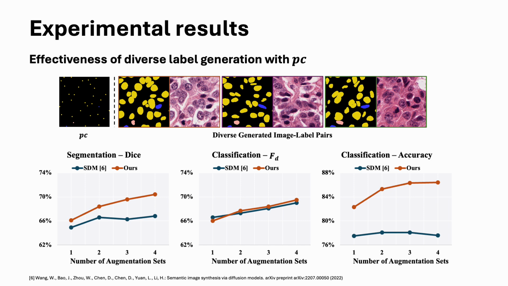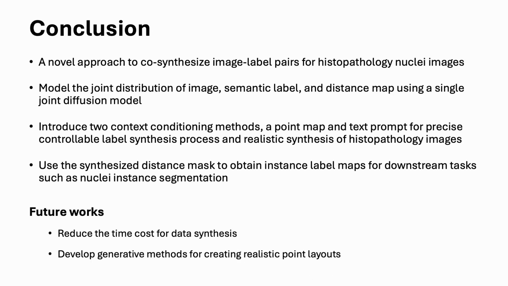In conclusion, we introduced a novel approach to co-synthesize image-label pairs for histopathology nuclei images. We model the joint distribution of image, semantic label, and distance map using a single joint diffusion model. We introduced context conditioning methods, a point map and text prompt, for a precisely controllable label synthesis process and realistic synthesis of histopathology images. We use the synthesized distance map to obtain instance label maps for downstream tasks such as nuclei